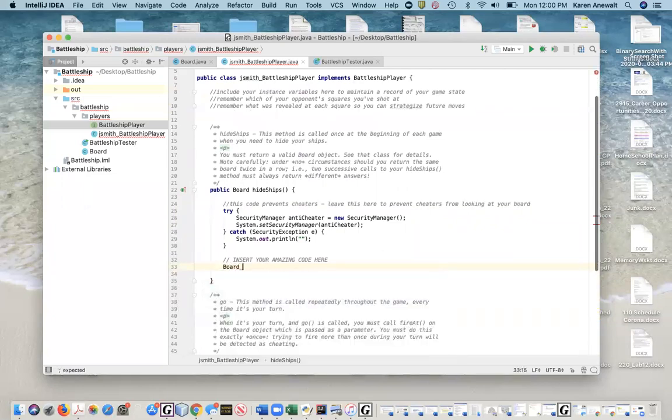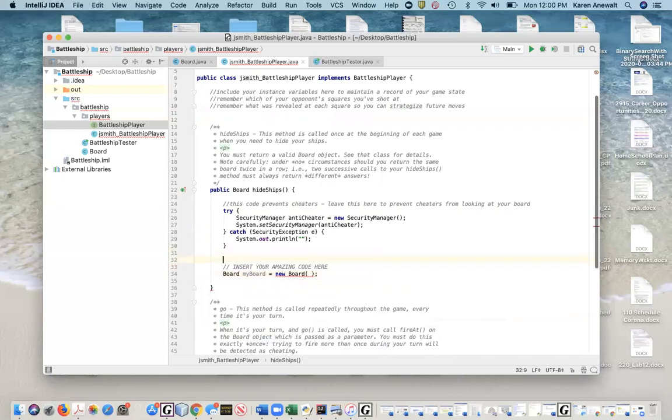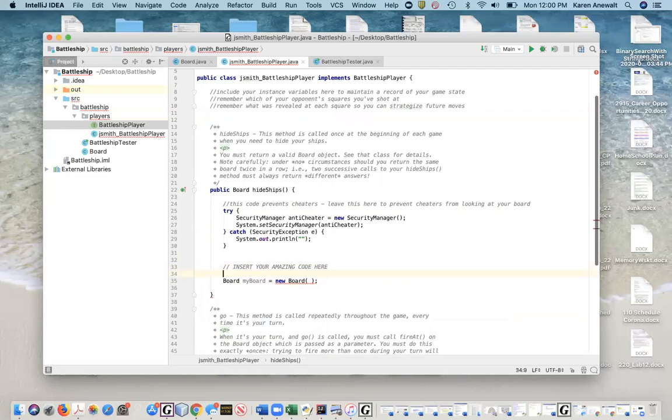So we're going to have something like board myBoard equals new Board. And then we found out that we have to put a 2-dimensional array in here as a parameter. So we're going to have to set that up inside our hideShips method. And so the easiest way to do that is to